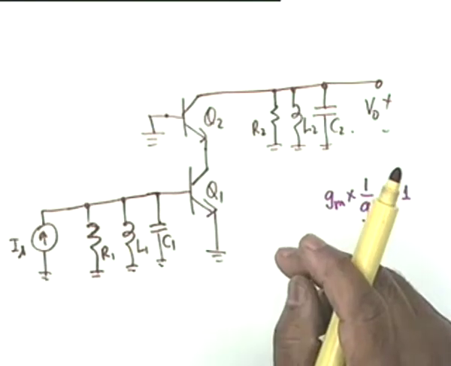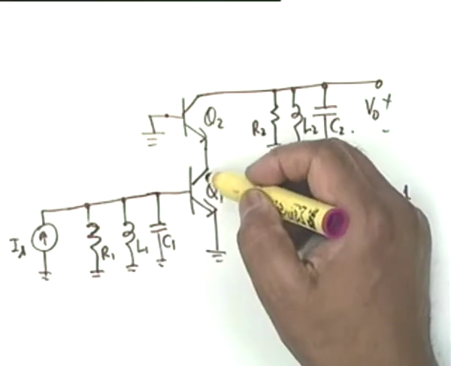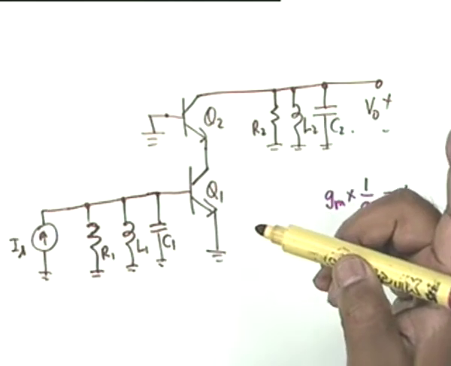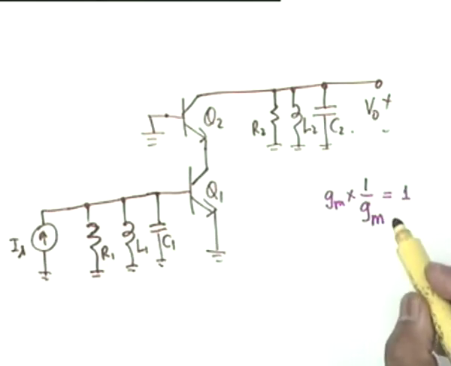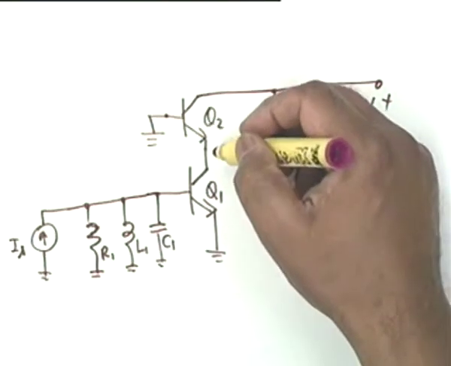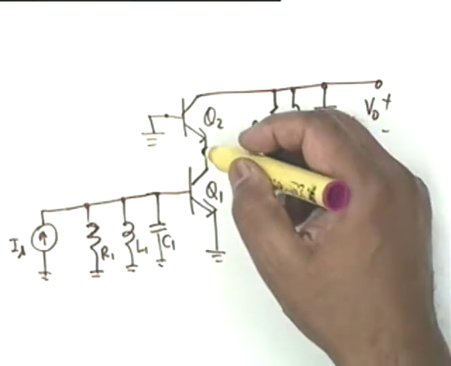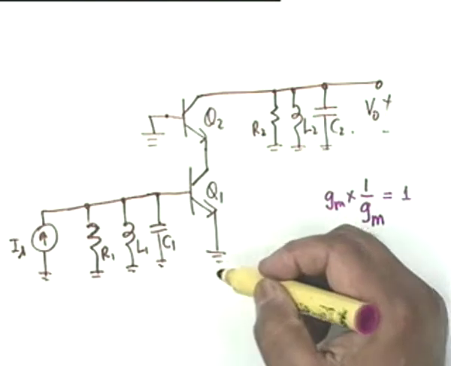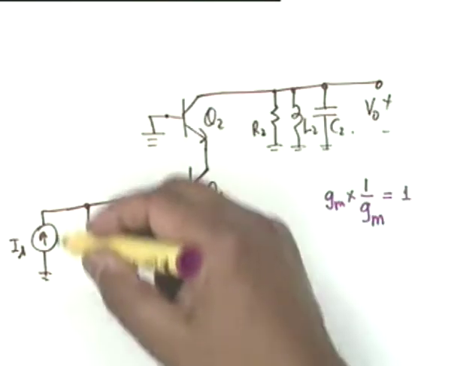So is this Q2 biased properly? Yes, Q2 has to be biased properly. It has to be. That is the same collector current. Q2 and Q1 have the same collector currents. Okay, that's why the gms are equal. But there is no resistance in the base, and therefore it is biased from the emitter side. Okay, maybe there is a negative supply here. That is taken care of.